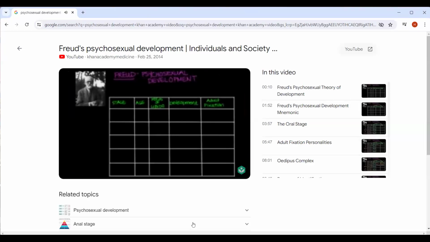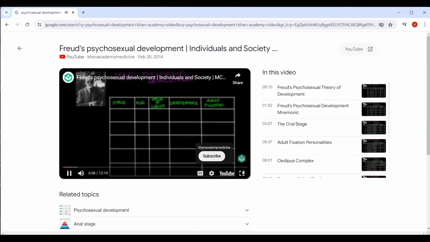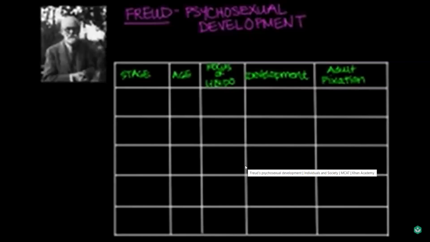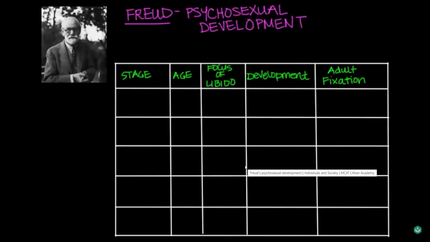Dive right into our first theory of development. We're going to take a look at Freud's psychosexual theory of development. So here's Freud over here, and he proposed that psychological development in childhood takes place in a series of fixed stages called psychosexual stages. And he believed that life was built around this concept of tension and pleasure, and that the buildup of tension could cause a lot of conflicts. So this tension buildup or fixation was due to this concept of libido. Now, libido is a natural energy source that fuels the mechanisms of the mind.